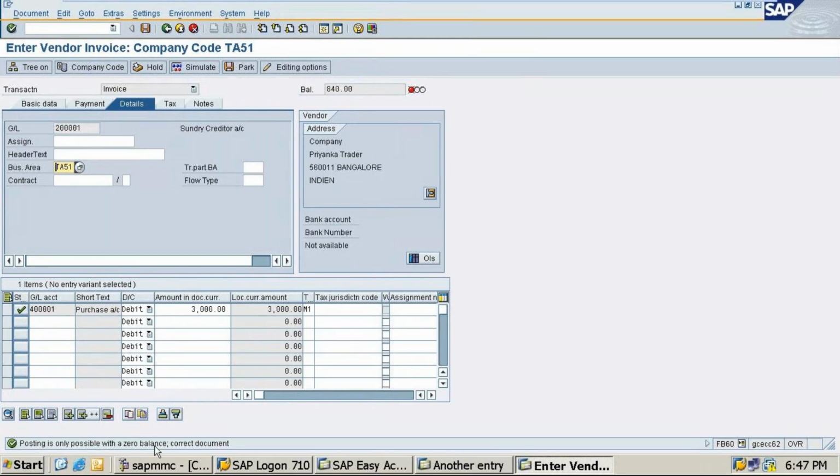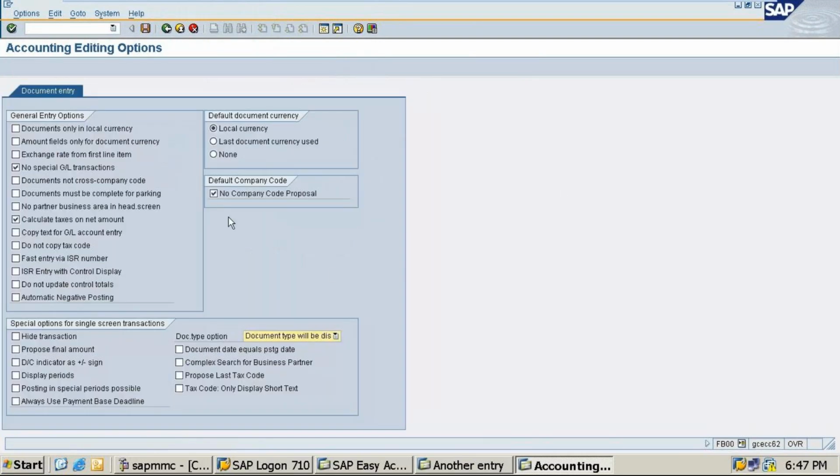Posting is only possible with a zero balance current document. We'll check it. I think it is software or something. Why is this option displaying? I'll check it out.